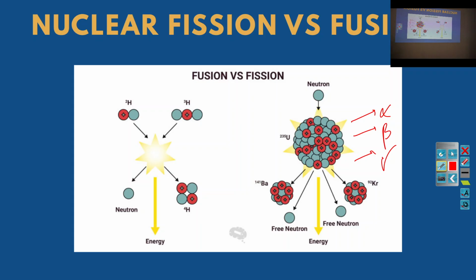Gamma is a very high energy radiation. That is what we call radioactive decay. A radioactive element which is in the unstable state has to come to a stable state. So what happens is it will decay, it will split to form lighter nuclei. That is what we call a nuclear fission reaction. In this process an enormous amount of energy will be released, and that energy can be used to produce electricity.